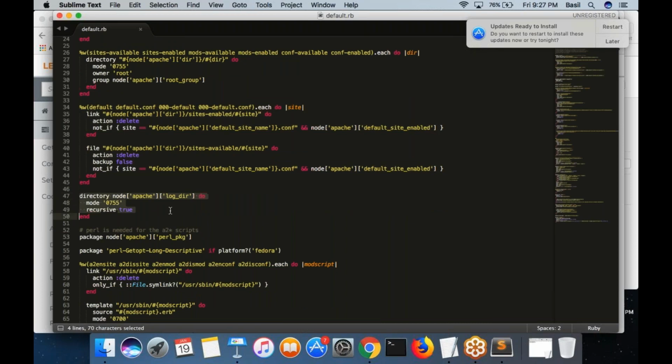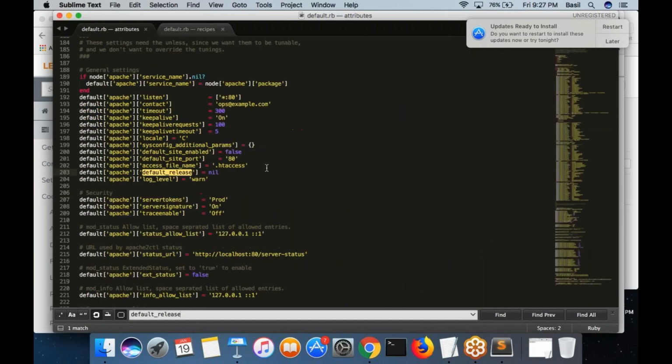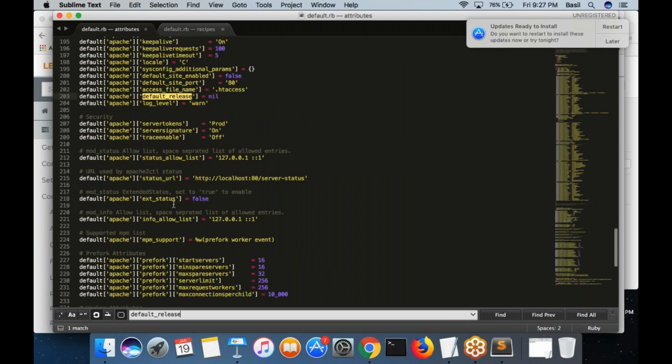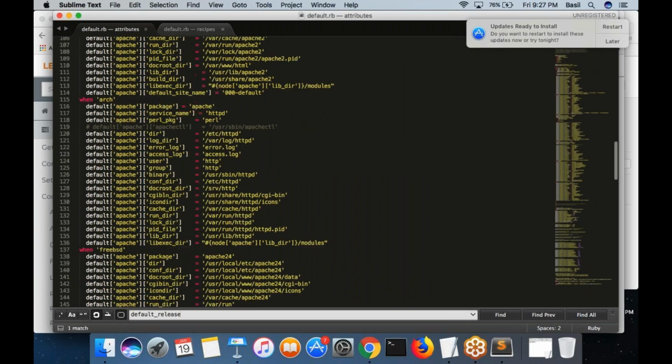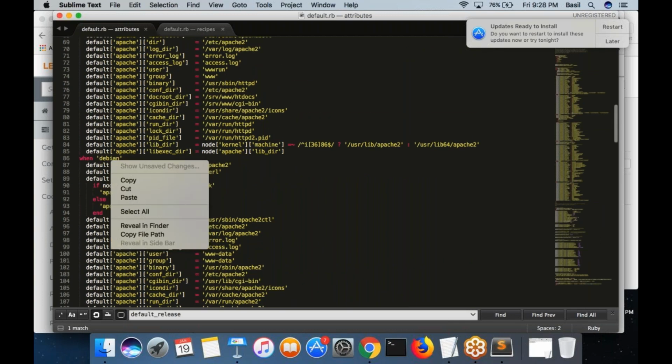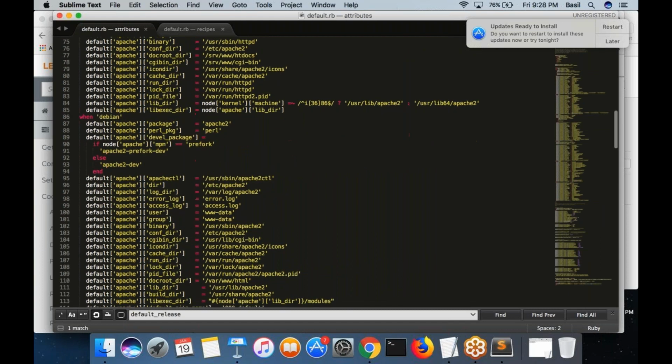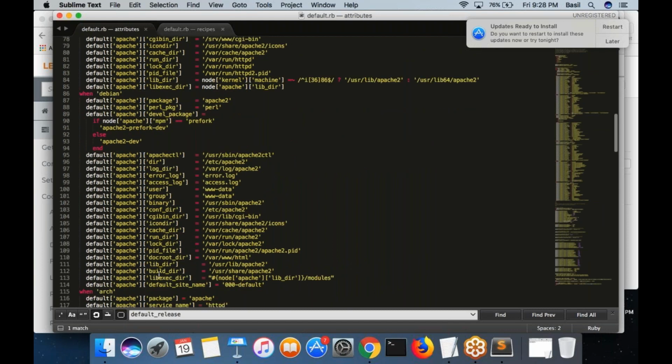Then you are creating the Apache log directory. This is something that you define inside your attributes. You look at the log directory in the attributes folder. This is your attributes default.rb file. Over here, you would mention the log directory somewhere. For Debian, where is the log directory? You would have already mentioned it: log directory /var/log/apache2.